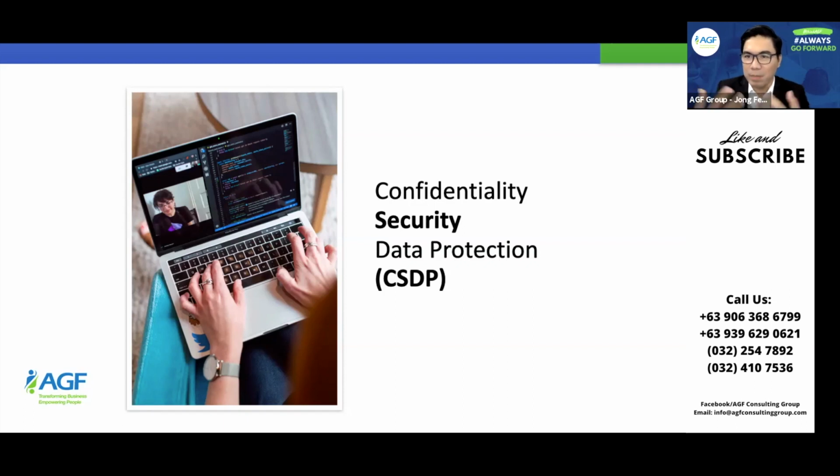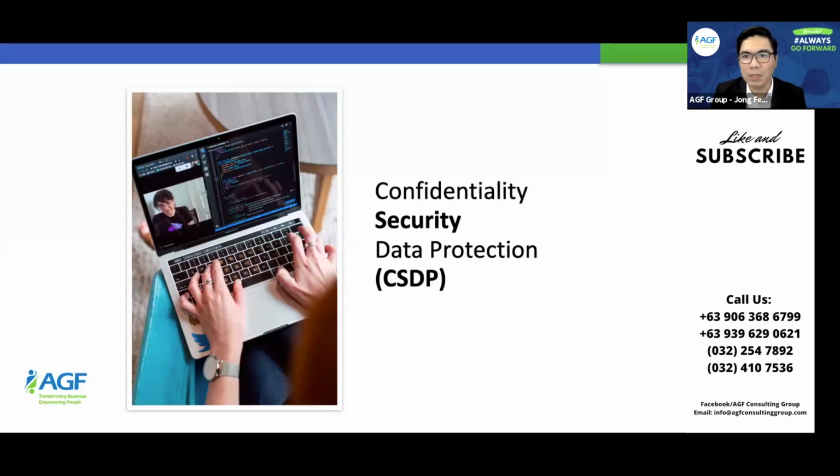So if I'm the auditee, and I'm asked for these documents, the first thing you need to establish is the CSDP, all right? Because you cannot just easily share those lists of accredited vendors. Those accredited vendors also have their own personal or proprietary information contained in the documents, and then you're sharing this in an online platform. You'll probably be storing that in a cloud sharing platform. So make sure that you have CSDP agreements, all right? Do not forget your CSDP agreements: confidentiality, security, data protection agreements.